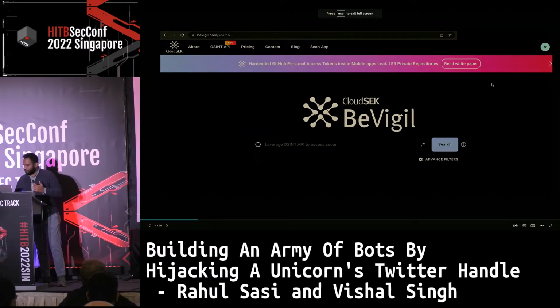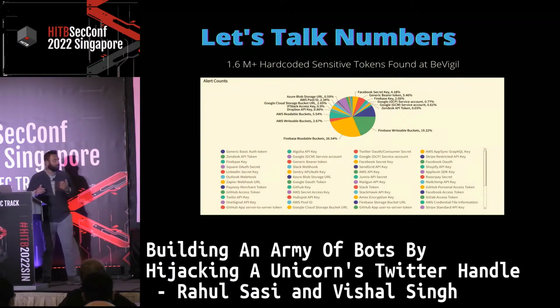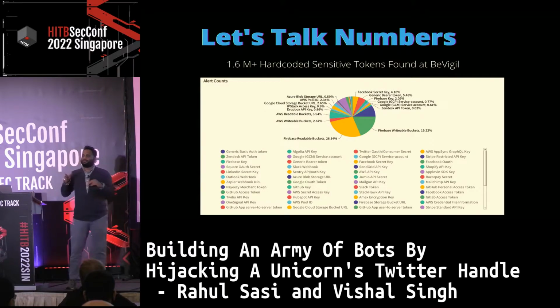So what we found, looking at all these 1 million apps in the world, is that a huge number of these apps have crazy security issues. Almost 10,000 apps had hard-coded AWS API keys inside the app.